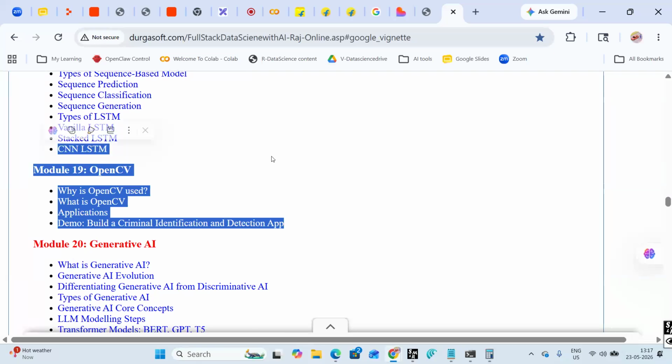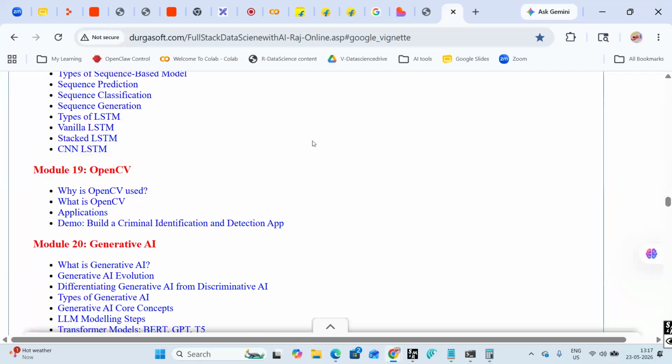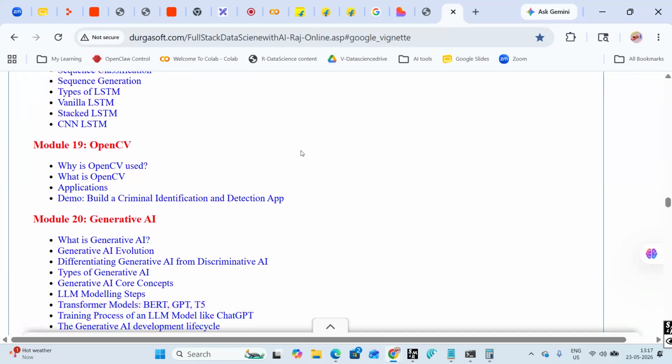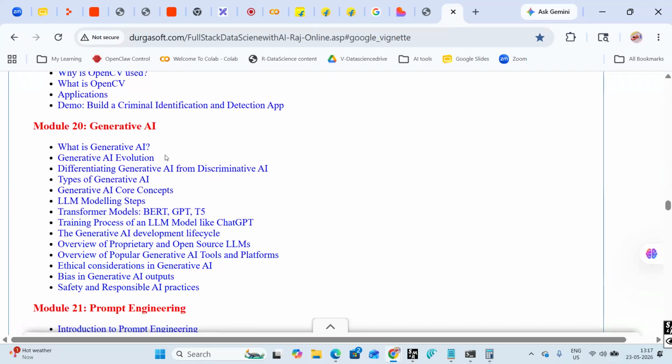These are all the concepts I will cover in data science, AI and ML. So you'll be completely getting data science, AI and ML. After that, we'll start with generative AI. I have already said there is a difference between generative AI and agentic AI.